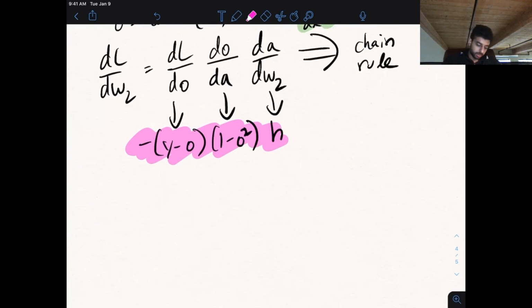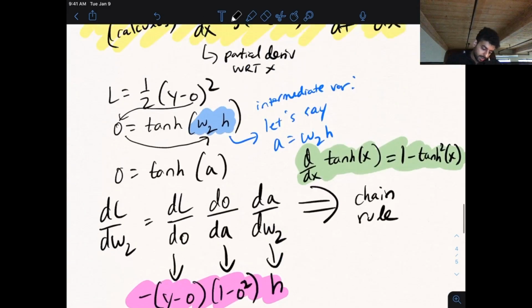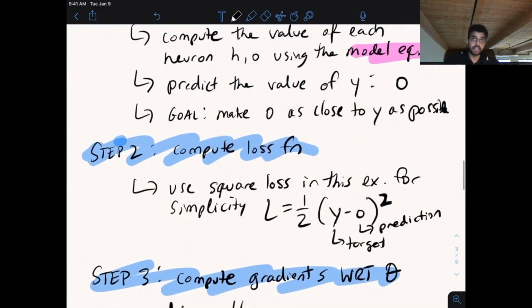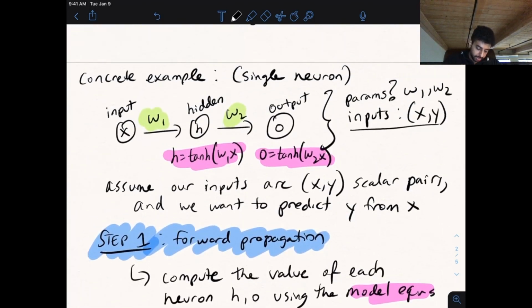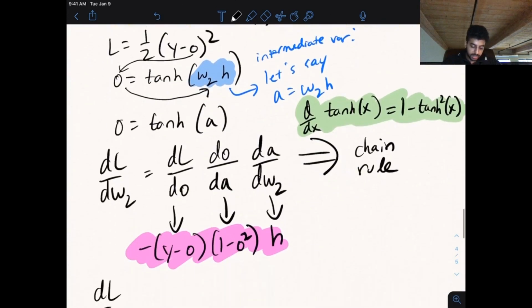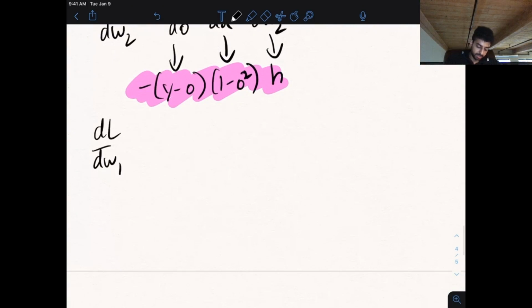All right, so we also have another function, right? We have dL dW sub 1. And if we look back at our diagram here, we know that W sub 1 is used in the computation of H, right? This initial computation of H. So we need to work our way back one more step from where we were previously. And this is where the intuition of backprop comes into play. So if we work our way back,